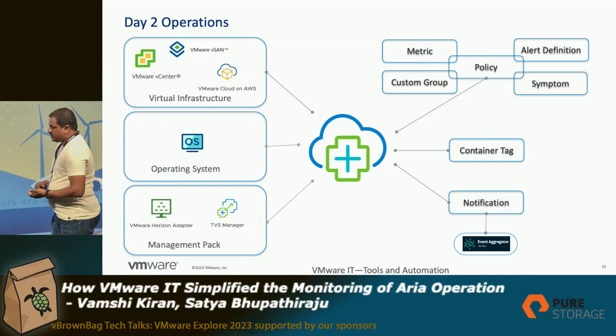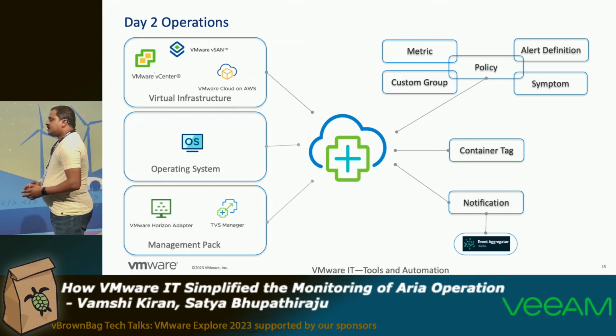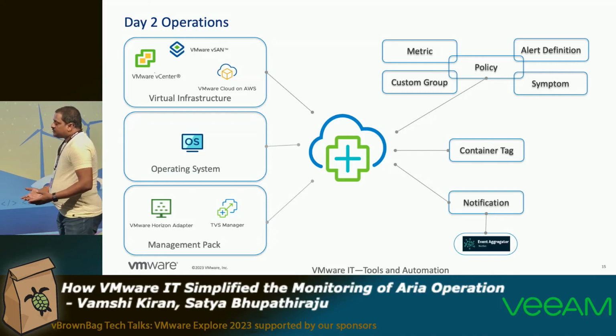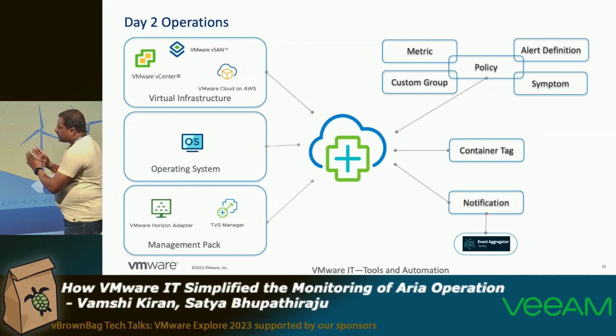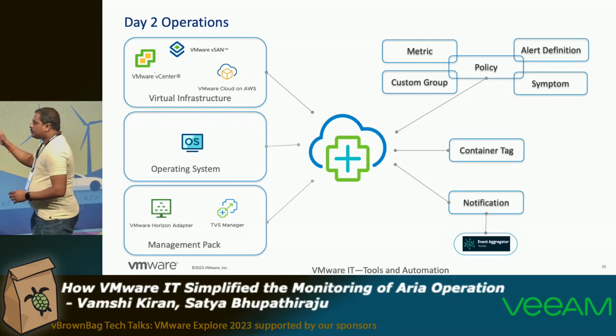Why do we need the policy over here? Policy is required here for customized thresholds for certain devices. For example, I have an application, Oracle application. Oracle is a database in our environment, which is the most critical one. For example, I'll take a file system. File systems need a 50% threshold, they need an alert. But normal other applications are around 70 or 80% thresholds. So I have to segregate, and specifically for Oracle, I have to keep a 50% threshold. For that, I have to map a policy.